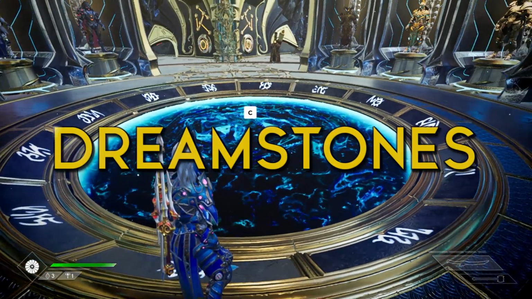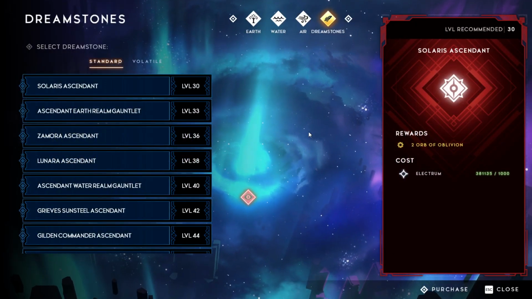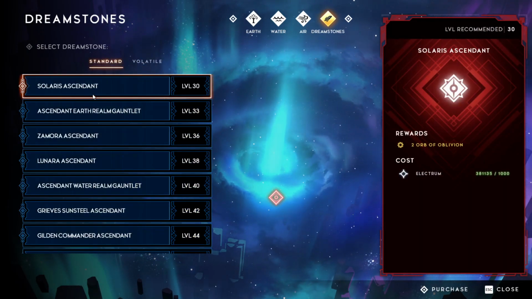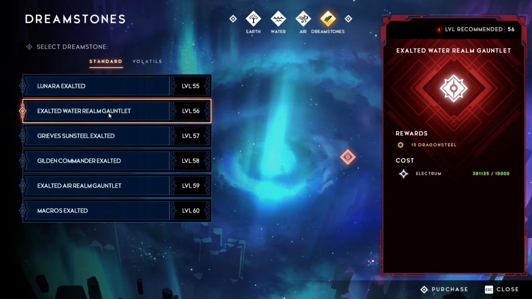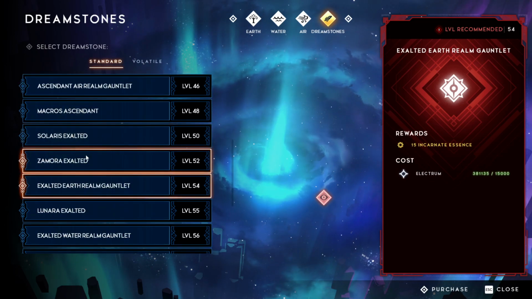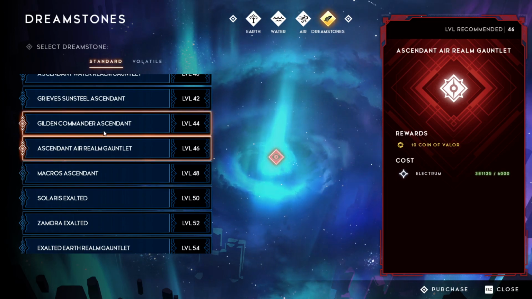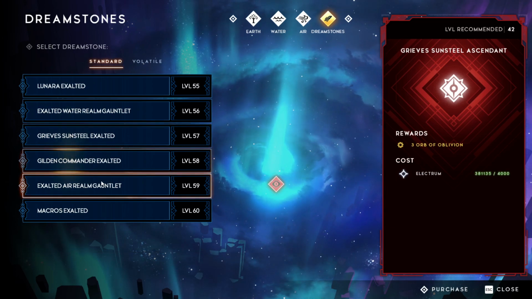Now, there's another thing that got changes, and that's Dreamstones. Dreamstones have undergone extensive changes, including improved wood targeting and increased Electrum rewards. I'm so happy about this increased Electrum rewards, but I want to see how much they increase those. They've also added an entirely new class of items called Volatile Dreamstones that can further improve your rewards. And those would be pretty fun